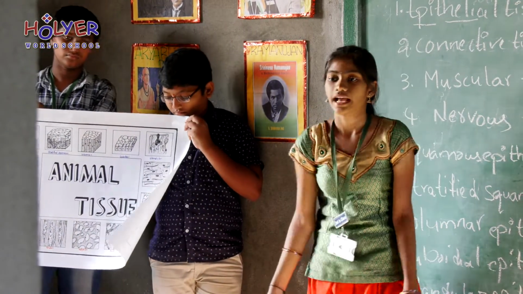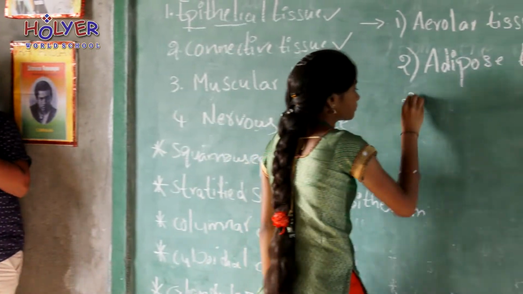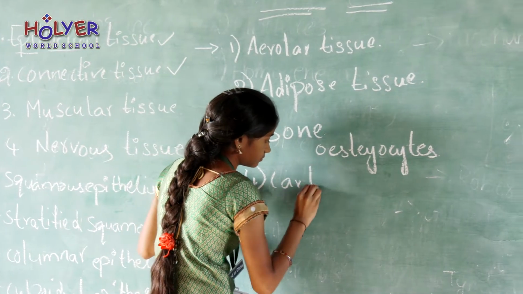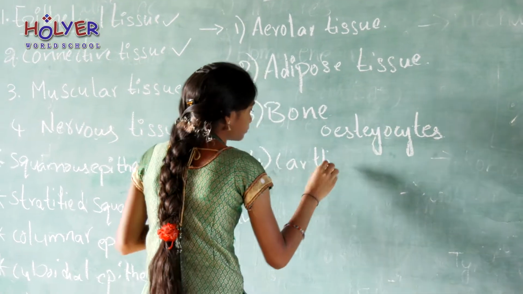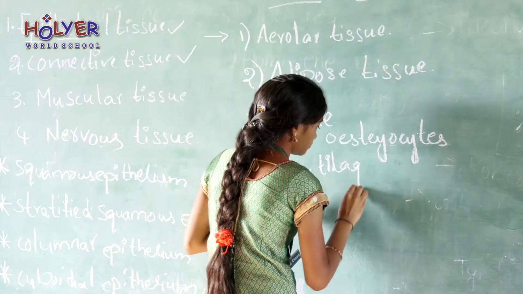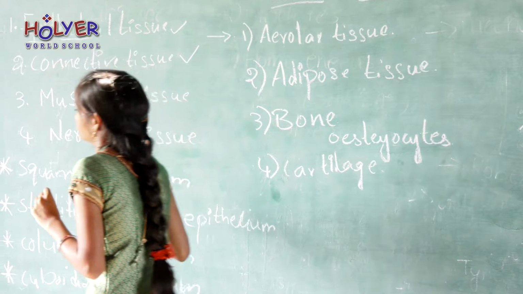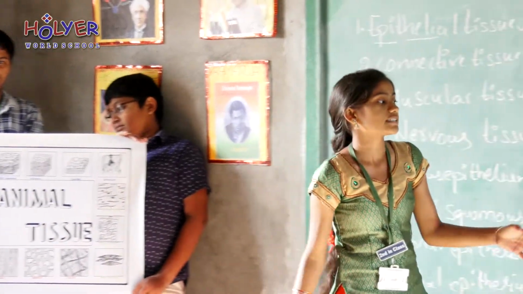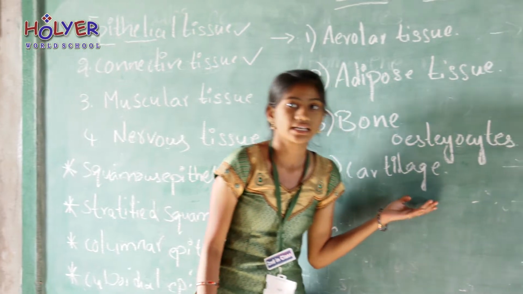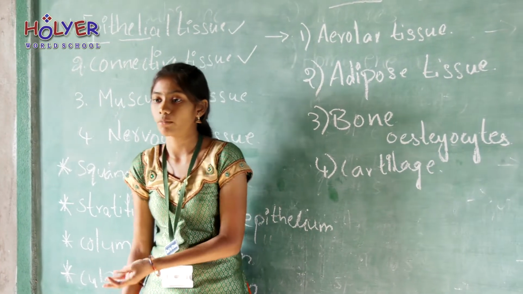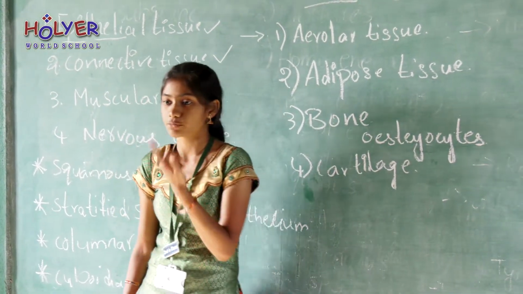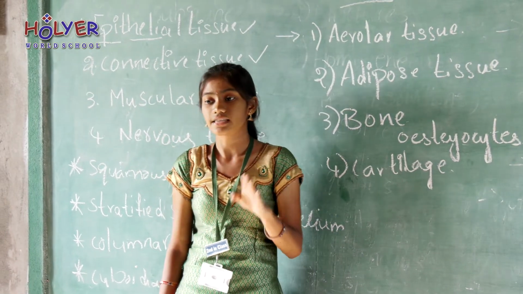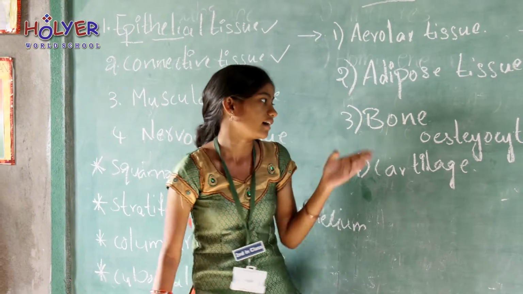Storage of fat also acts as an insulator. And the third one is cartilage. Here it is a cartilage. This cartilage is a type of connective tissue which is found between the joints of bones and also at the tips of ribs, the tip of the nose, the tips of the external ear and also in the trachea. The cartilage is hard but not as hard as bone.